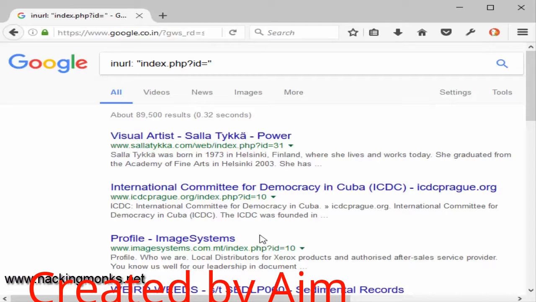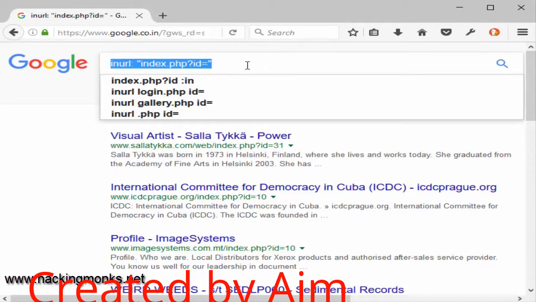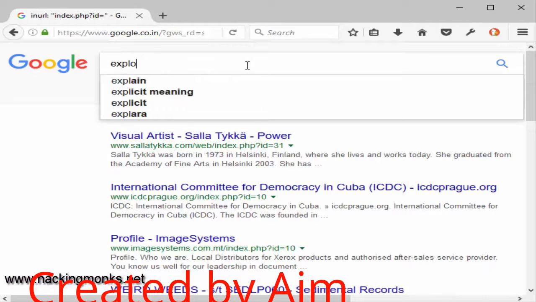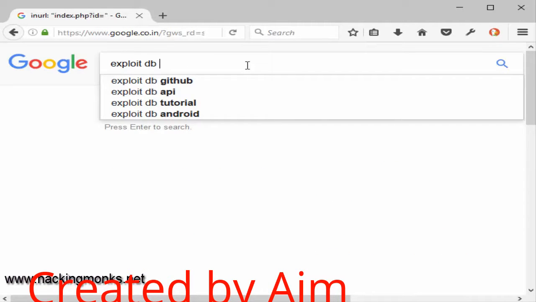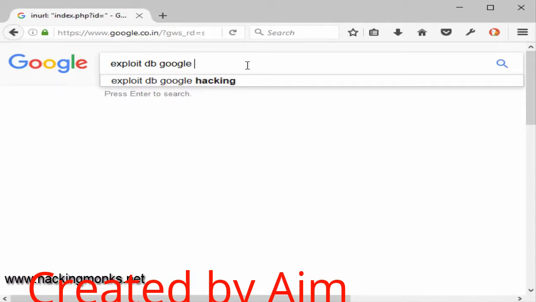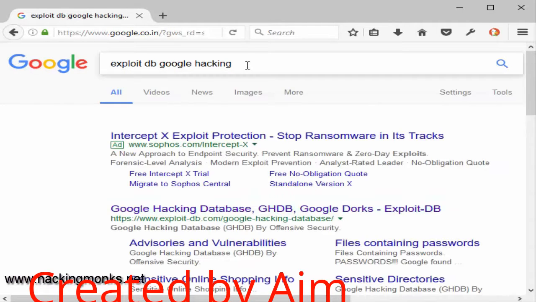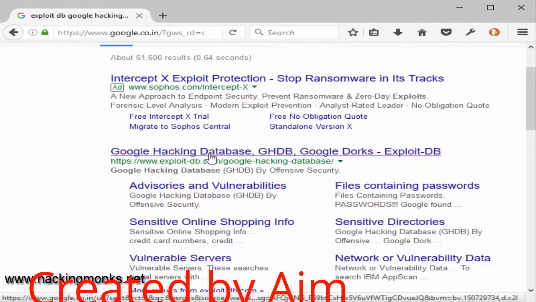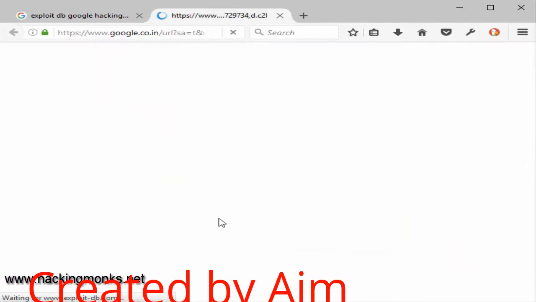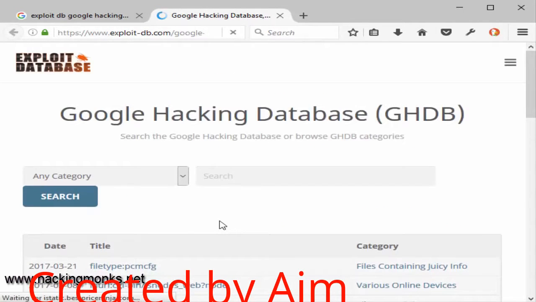You get information from Google, and that can be very crucial, and you find out things which are not meant to be seen from Google's perspective. In this topic of Google hacking, what I want to tell you guys is that there is a website called ExploitDB, which contains Google hacking stuff. So I'll visit this website here. It's like heaven for a hacker.